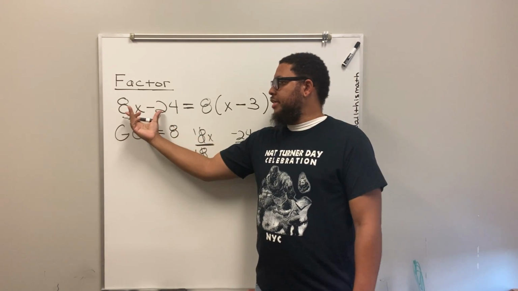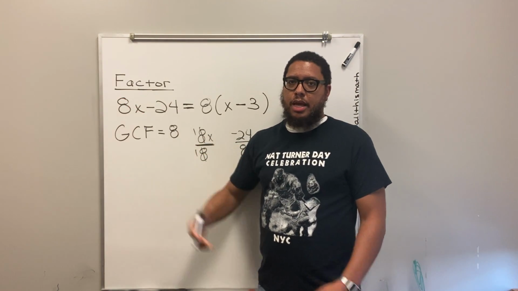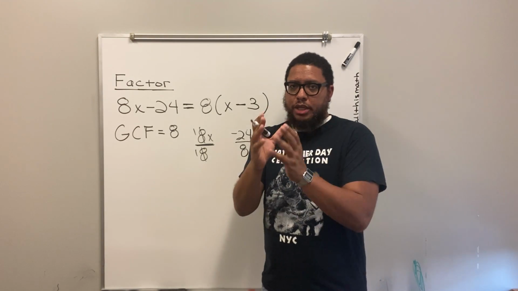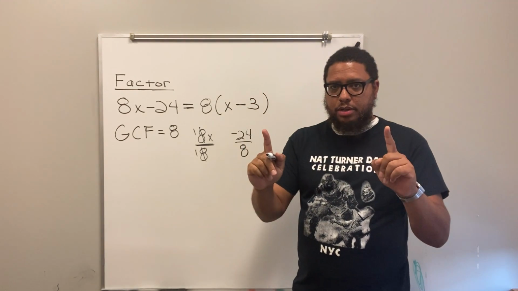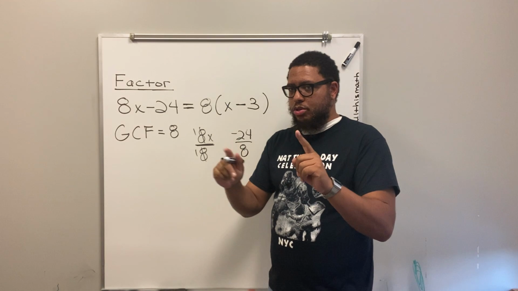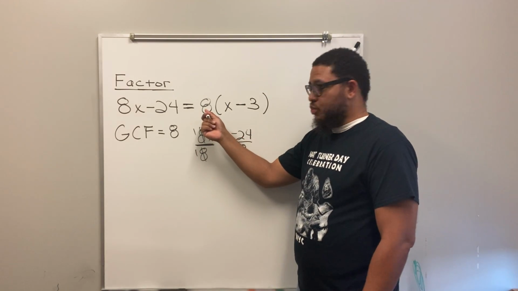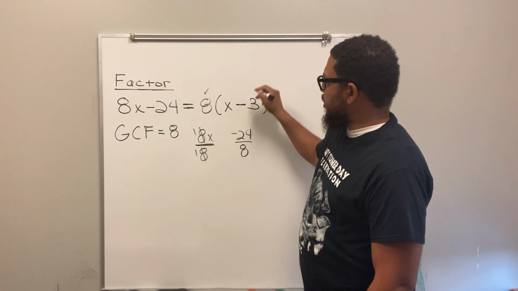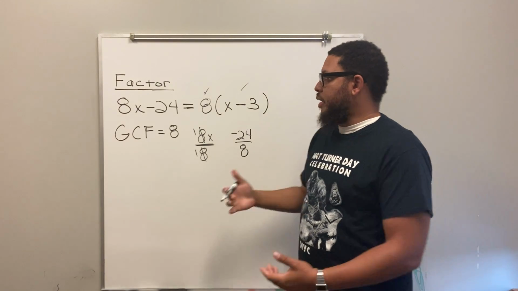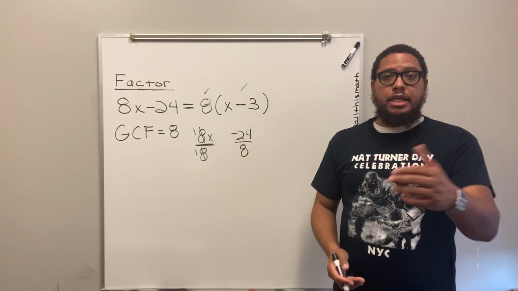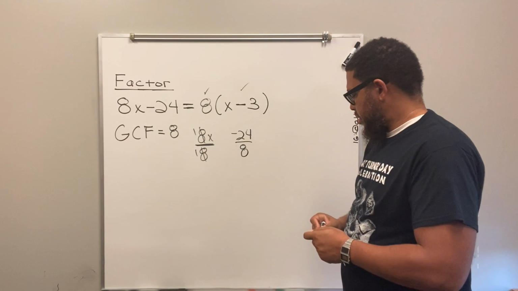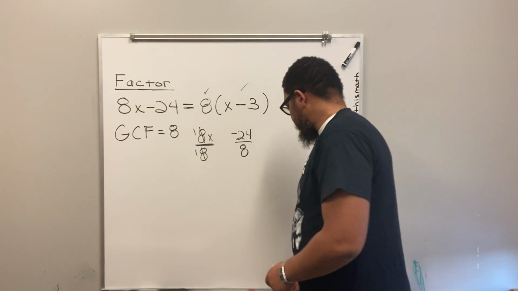So you had one entity, one expression, 8x minus 24. We took the one expression, we broke it down into two separate entities or two separate expressions. This 8 is one expression, and this x minus 3 is another expression. So now we just factored. Now let's say this. What if I wanted to check my work? If I wanted to check my work,